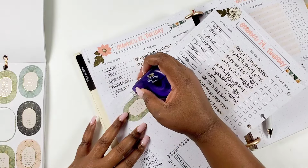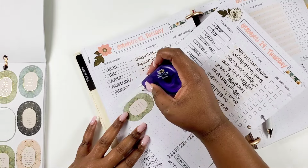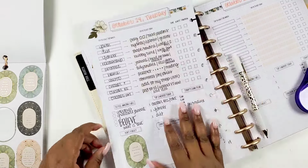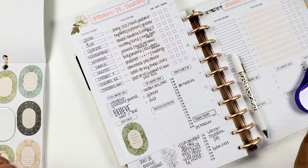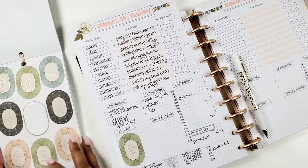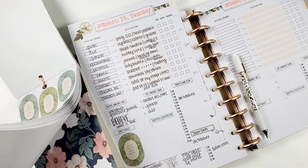You don't have to, but because I didn't use it like a list, I just white it out. I don't know, would that bother y'all? Like, they don't bother me. I white it all the way out. Okay, then for my gratitude portion,